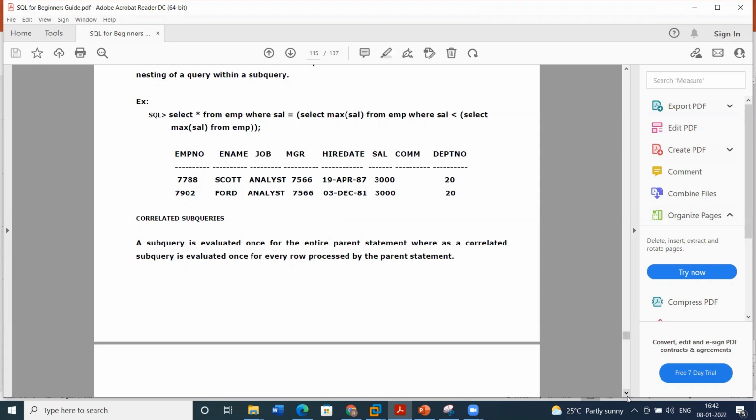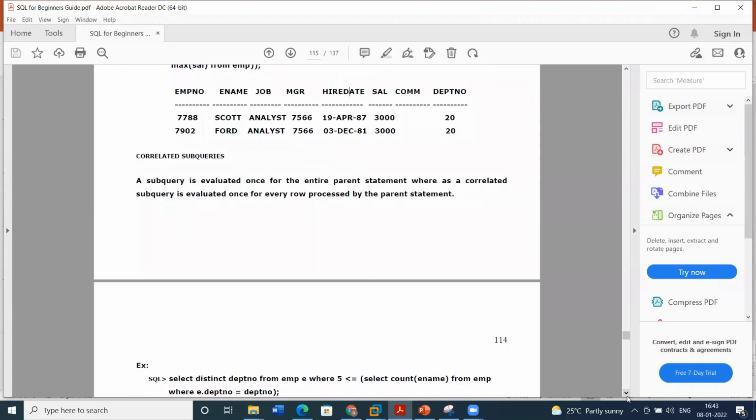Every row processed by the parent statement will be evaluated to get the relevant result, and that we call a correlated subquery.